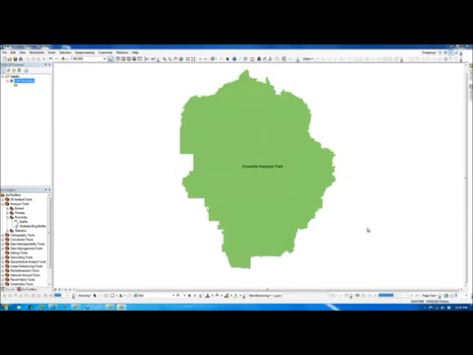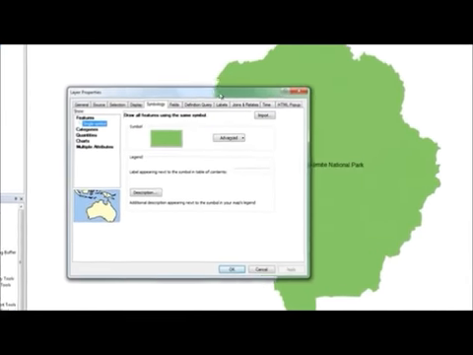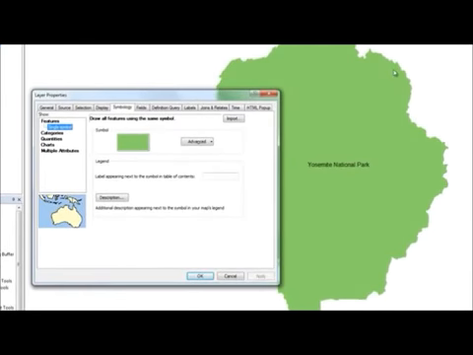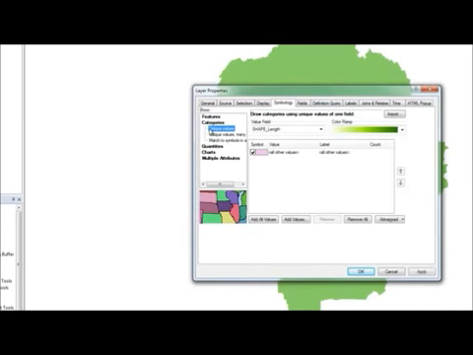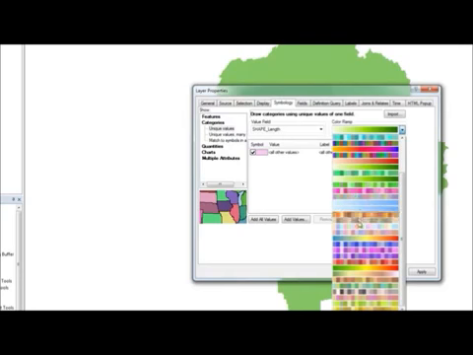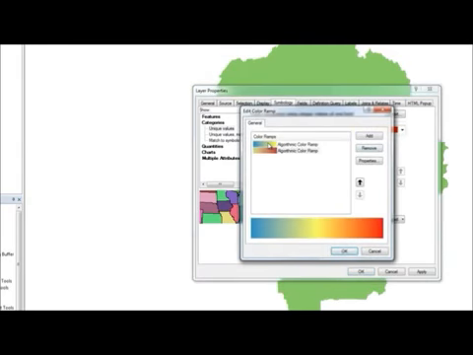Once we have the tool going, the next step, in the meantime, is to go in here and create a color ramp file so that we can easily apply that to the buffer, which will create our nice transition from light to dark, which will create the fading effect. Alright, so we'll go in here, go to Symbology, under Categories. What I want to do is go in here and just pick a color ramp that's already set. Then I'll go to Properties, and what I'm actually going to do is just click on the first one,